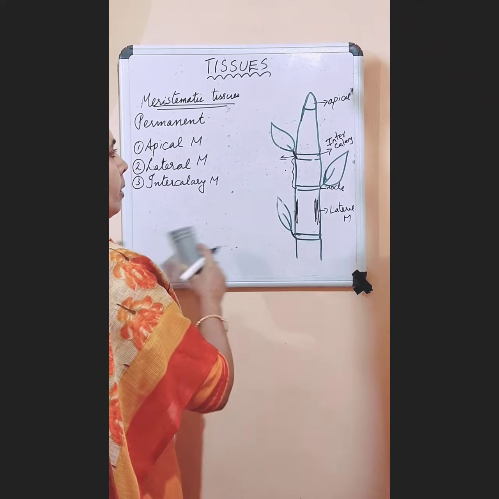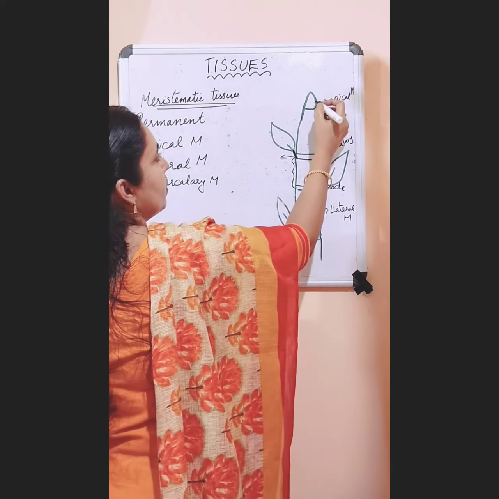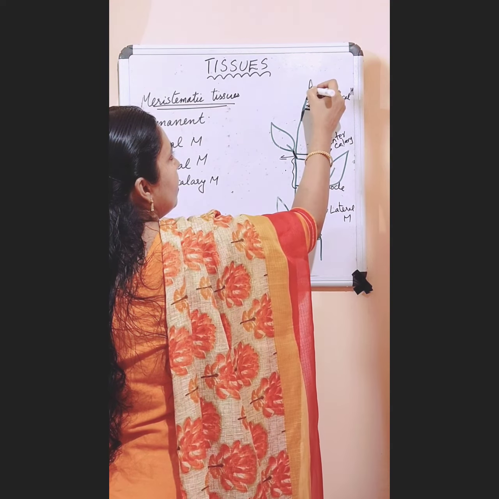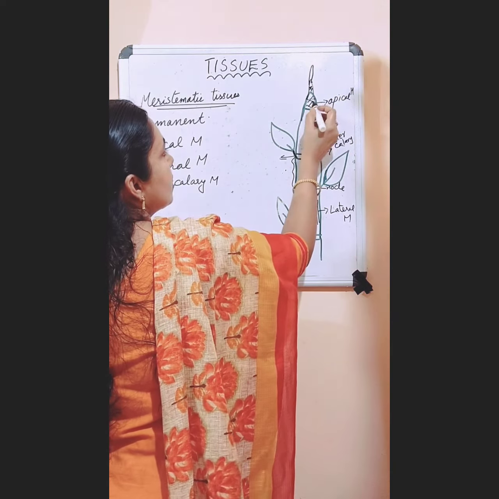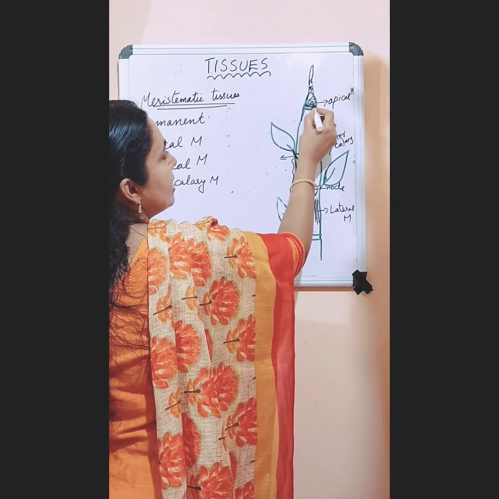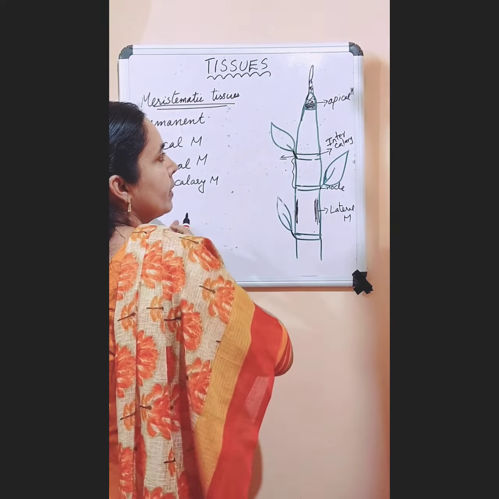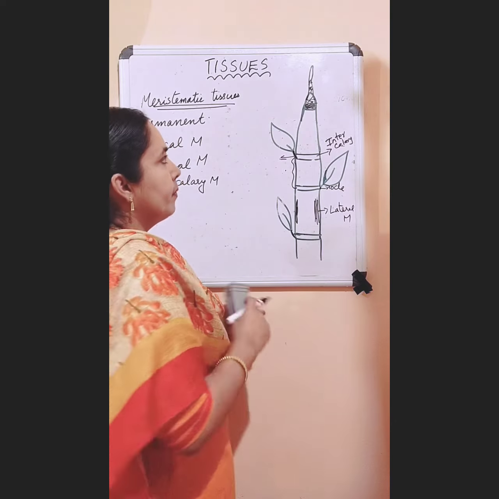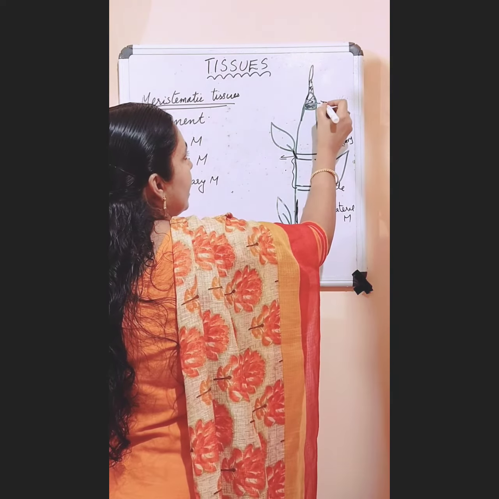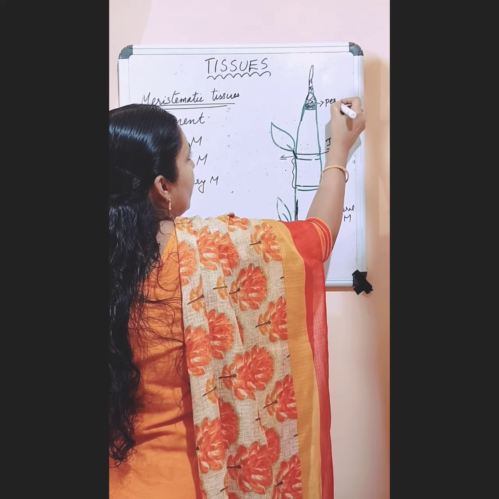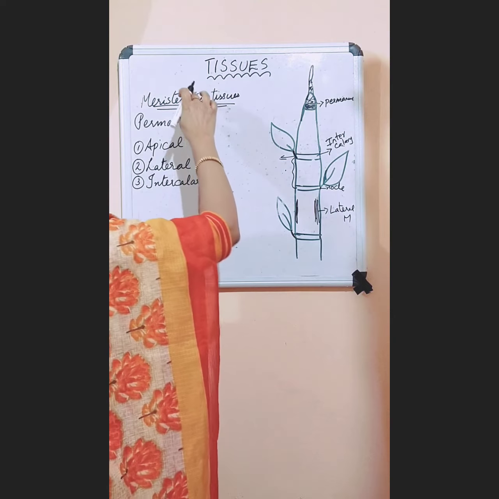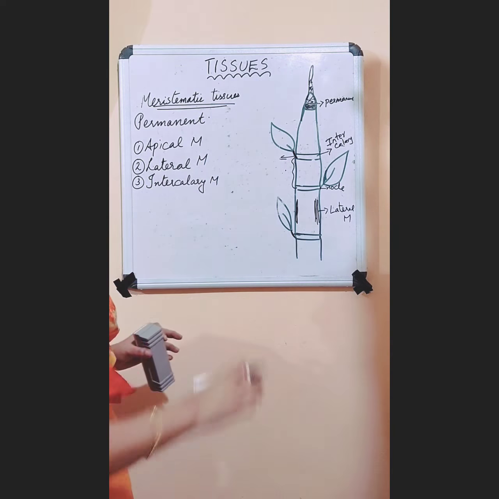Then the meristematic cell is present at the tip. So these cells will divide, increase in length. Again it will divide, increase in length. So what happened to the meristematic cells that formed first? They will slowly stop division and they will change into permanent tissue. So we study two types of tissue, meristematic tissue and permanent tissue.